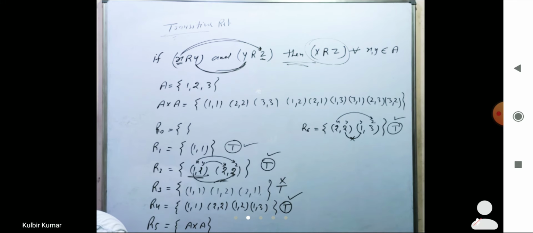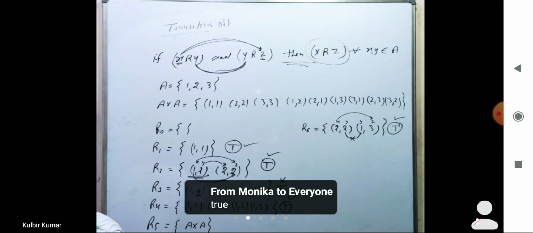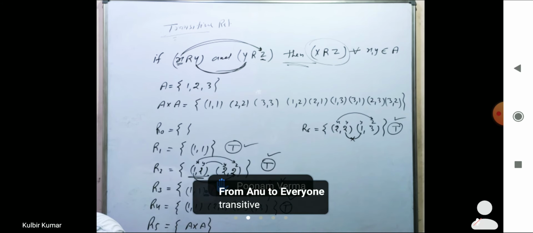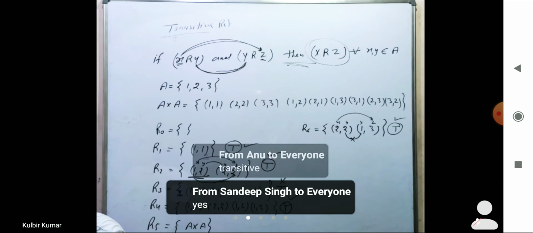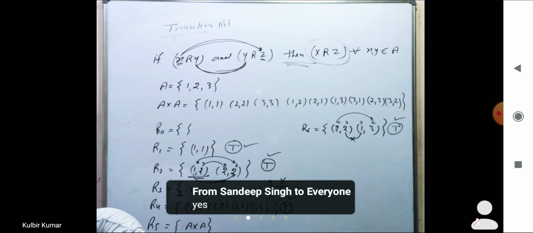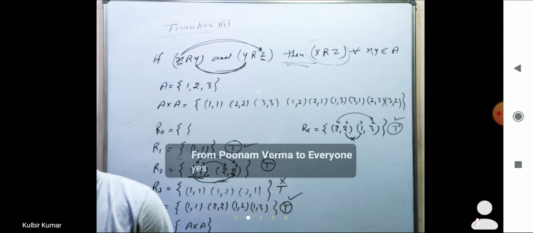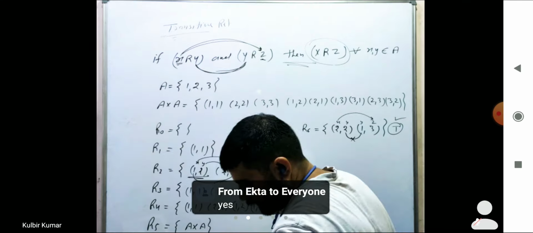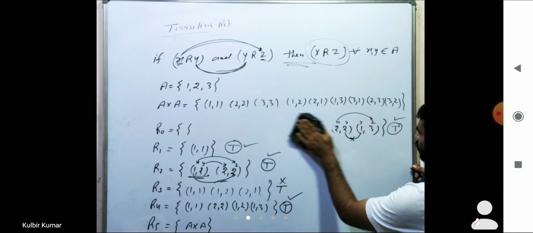या व्हाट अबाउट R5, A cross A. A cross A is a transitive or not? A cross A is a transitive, okay। तो मैं यहाँ पे A क्रॉस A को ट्रांजिटिव के लिए क्या कर